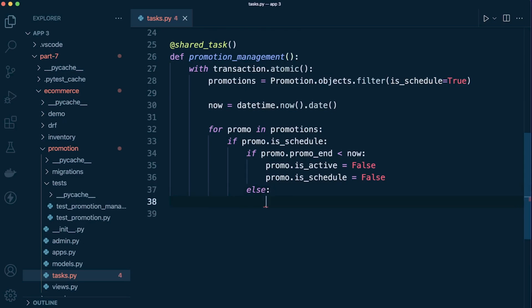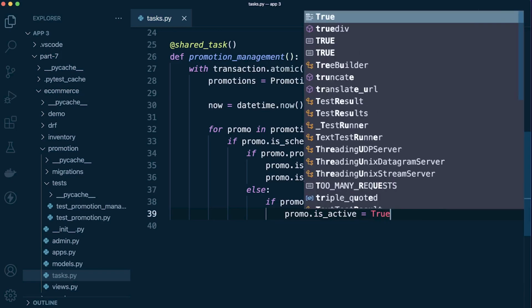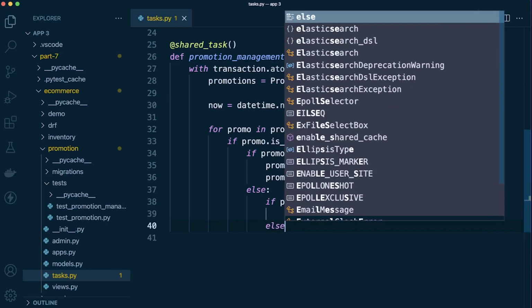Now, if, for example, it hasn't ended, if the promotion date is still in date, then we're going to check the start date to see if it should be started. So if it's less than or equal to now, so what I mean is that if we set the promotion to today, it's going to start instantly. Or if it's set for tomorrow, it means at 12 o'clock it's going to then start. So if the promotion is set for now, we're going to set the promotion to active. So the promotion started, else